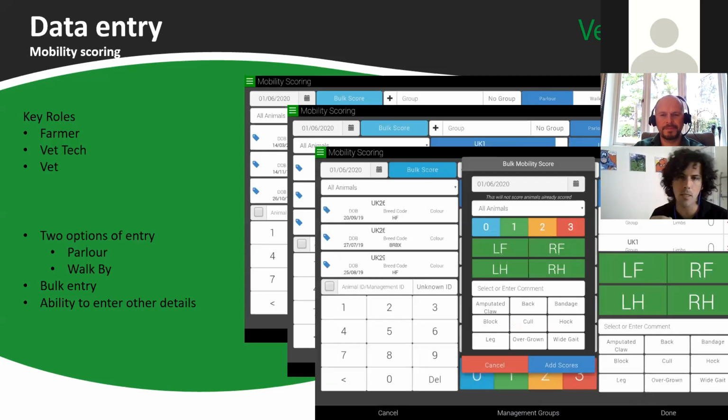Also, interestingly, the vet can choose not to record the most common value. So he's recording on a farm and he doesn't want to record all the ones, because the ones or the zeros are the most common on that farm. He can choose not to record them, and then he comes into the bulk scoring mobility, selects all the cows that weren't scored, and enters that data. So it's quite intuitive and quite